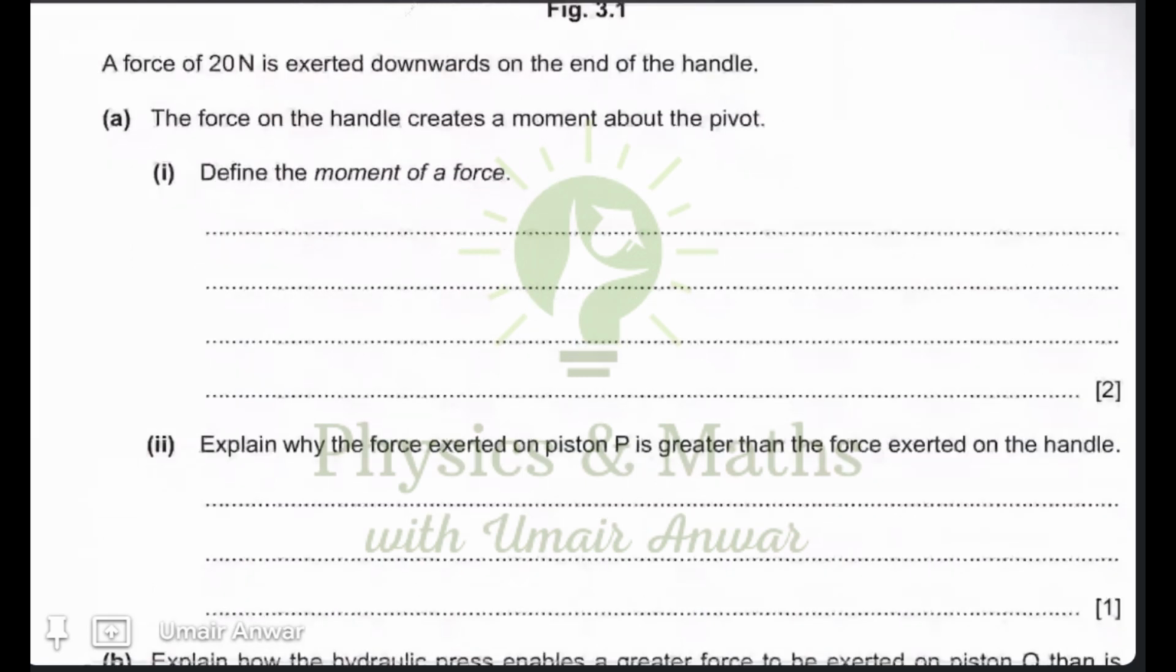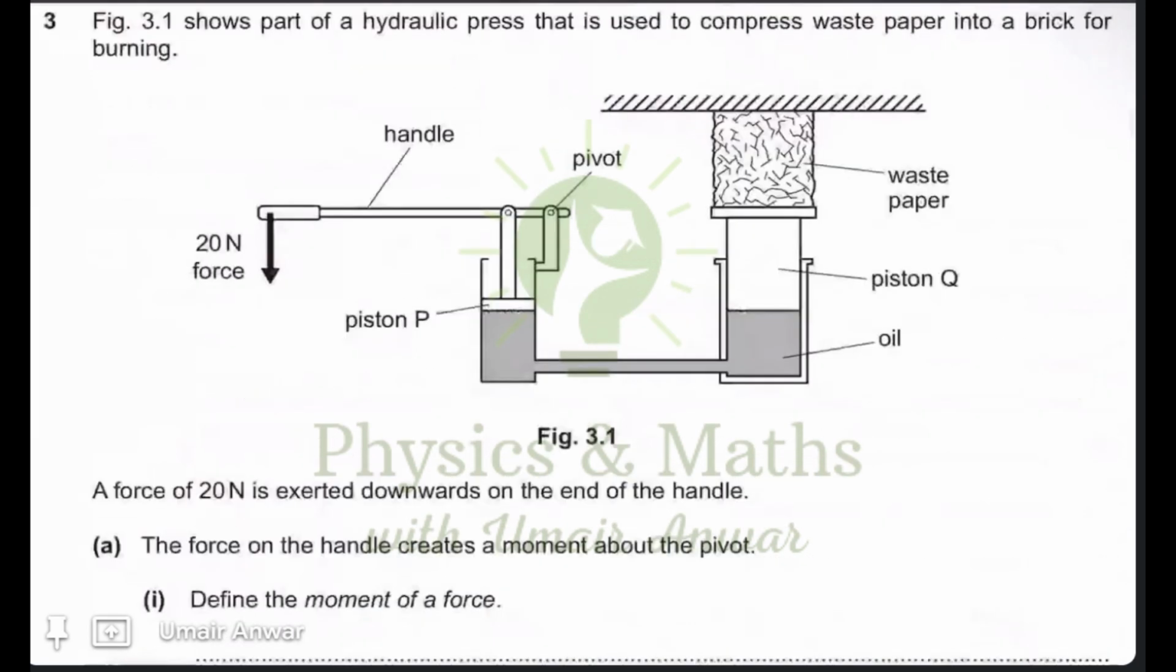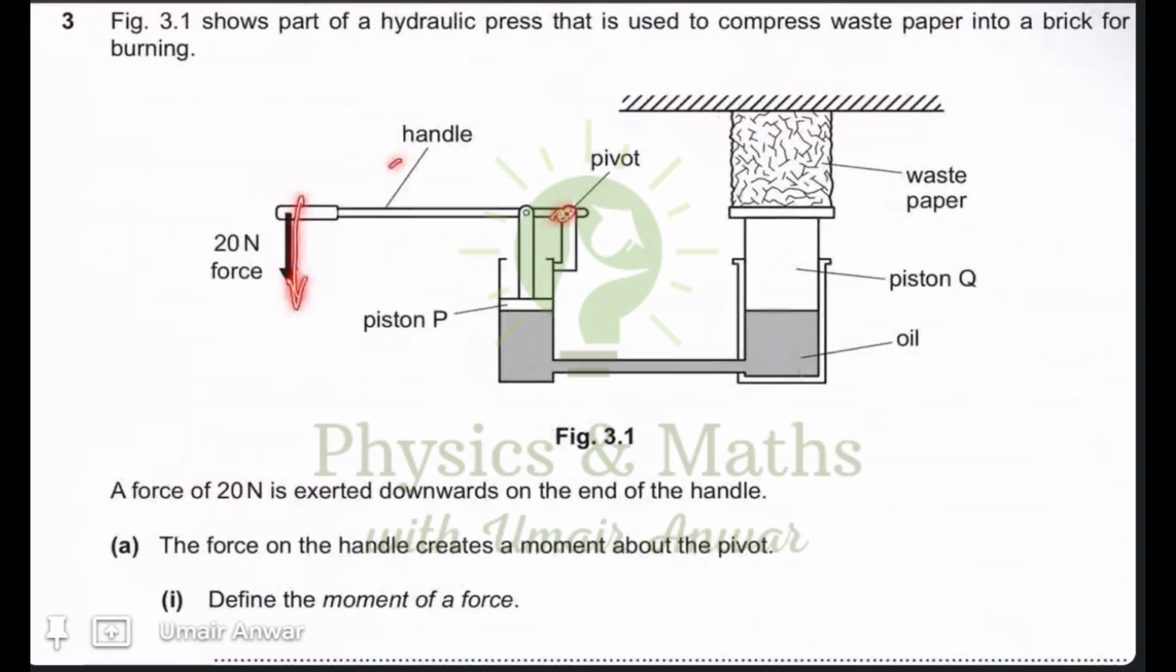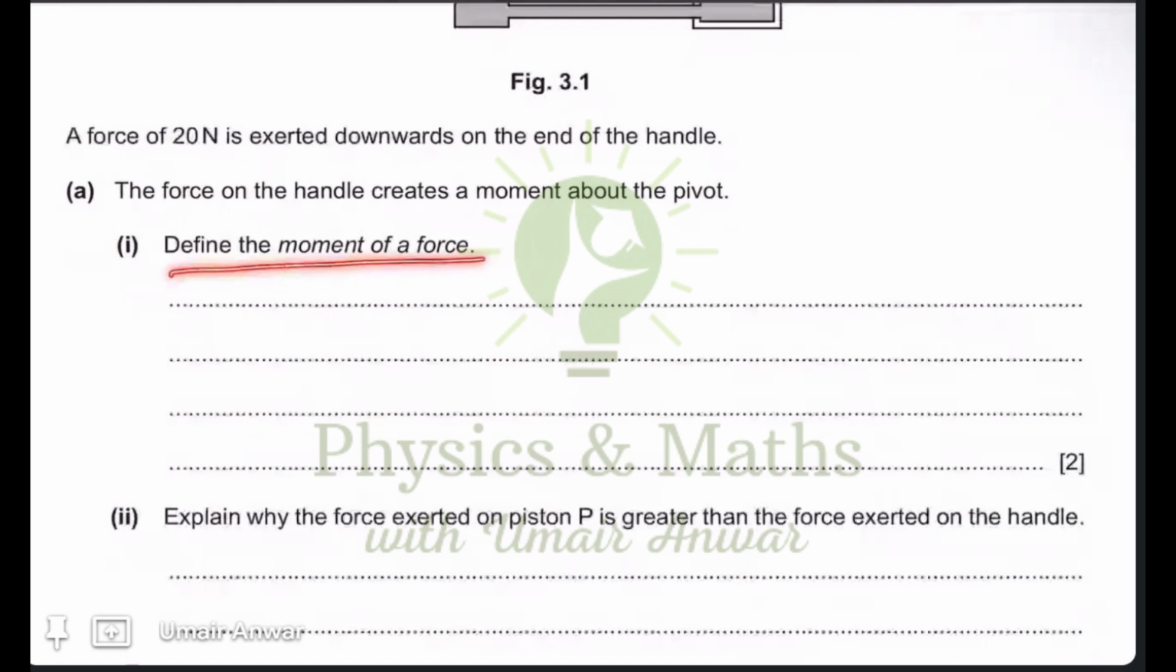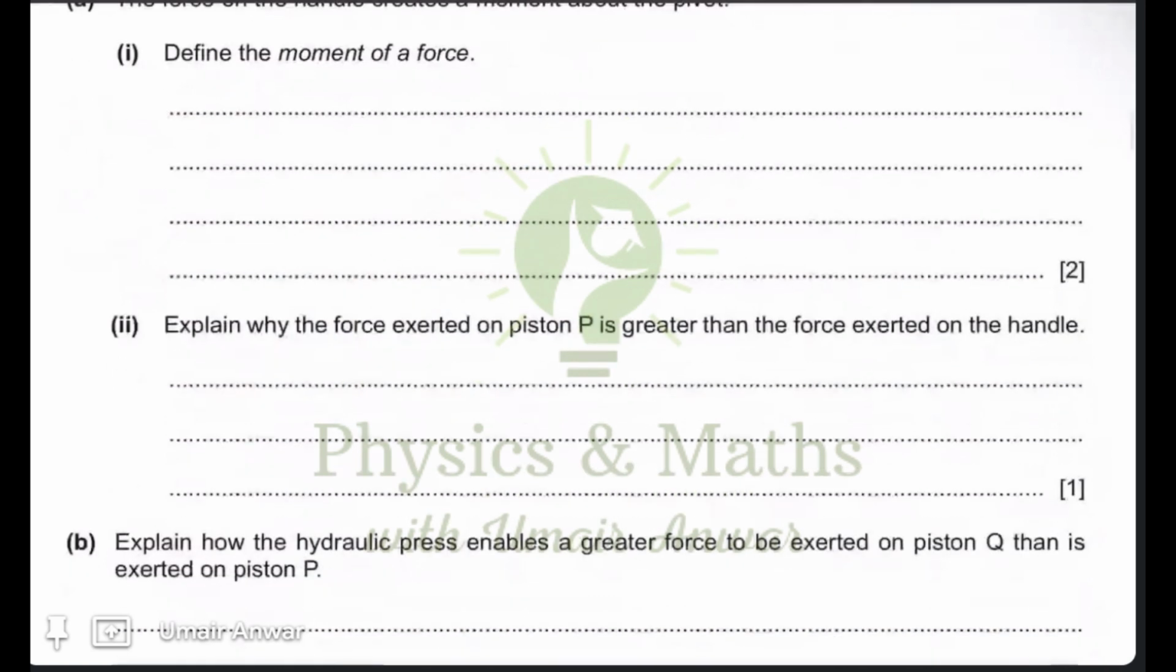Explain how the force on the handle creates a moment about the pivot. So this is the pivot. When we press this downward, there is a moment in the handle in the downward direction. Define the moment of a force. So moment is defined as the product of